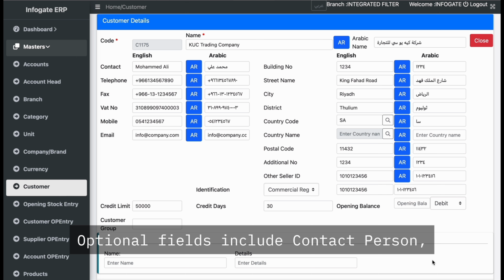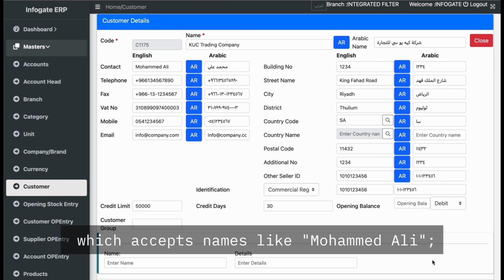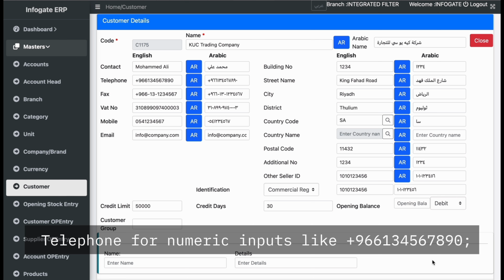Optional fields include contact person, which accepts names like Mohammed Ali. Telephone is for numeric inputs like +966 134567890.